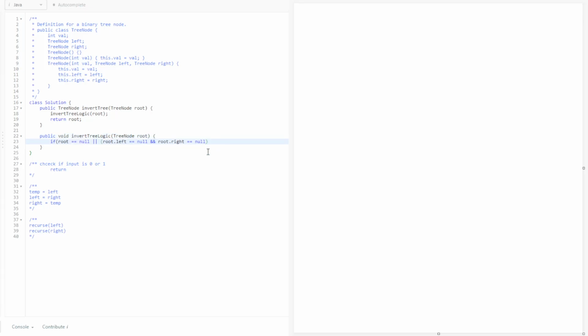Yeah, this has to be true. Okay, I'm sure there's a cleaner way to write it, but for now I'm going to focus on implementation. Yeah, at that point we can just return,